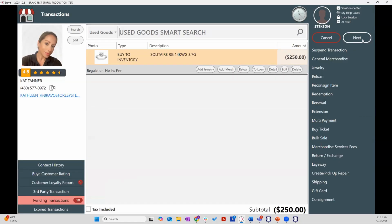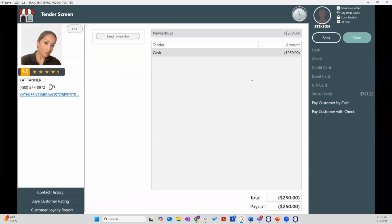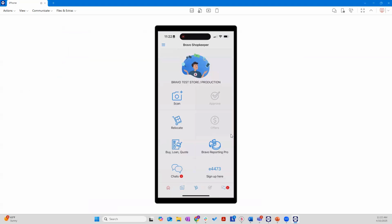So we ran it through the estimator. Once we click next, a brand new loan has been received into our store from that hot lead from our customer. The next thing we have on our Shopkeeper app is going to be that chat function that syncs directly up with